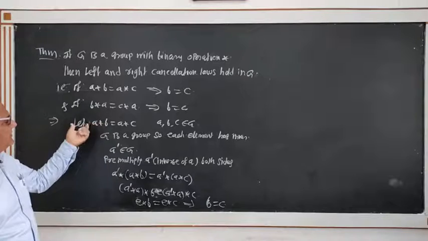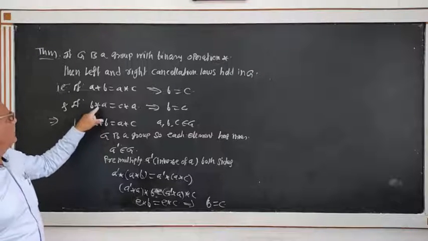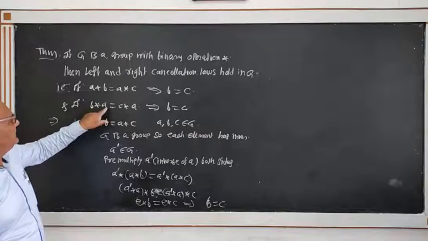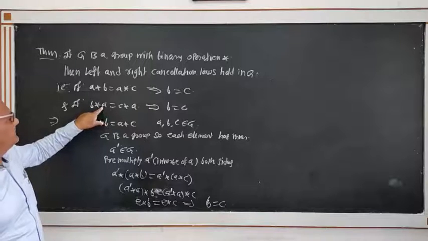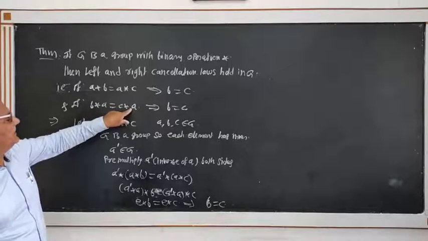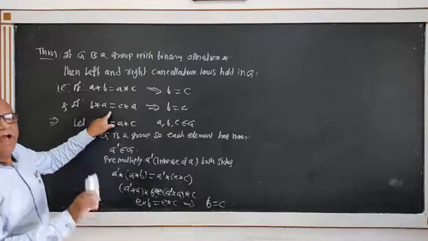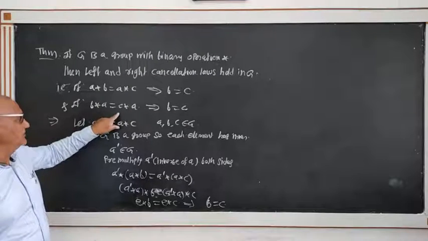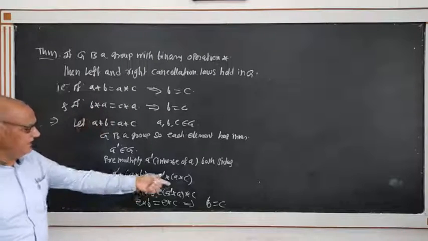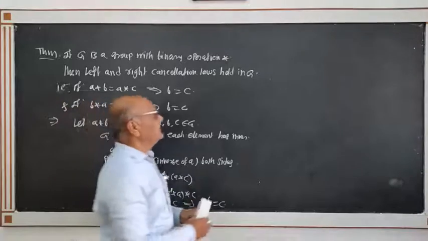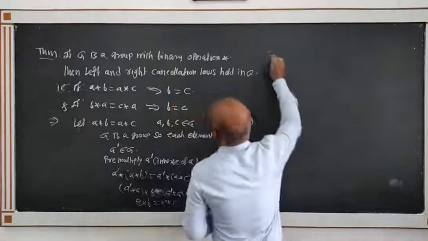Similarly, in the same way, take this equation, B star A is equal to C star A, and post multiply by A dash, A inverse. We will get, again, B is equal to C. Next,